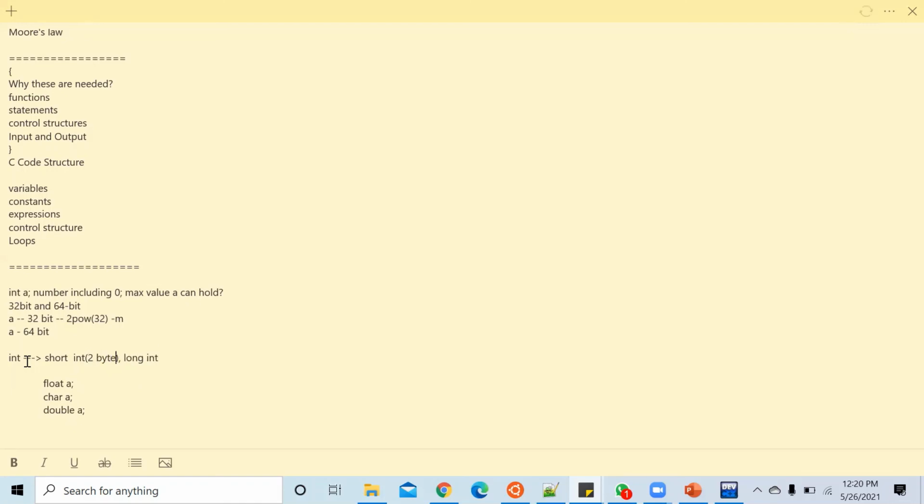It depends on the operating system. Short int is 2 bytes and long int is 4 bytes. 4 bytes means 4 into 8, which is 32 bits, so 2 to the power of 32 is the maximum it can store. If you declare it as a short int, it stores 2 to the power of 16 because it is 2 bytes. Are you understanding these things?